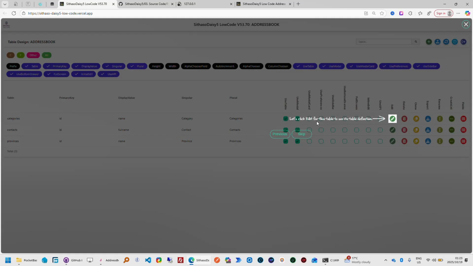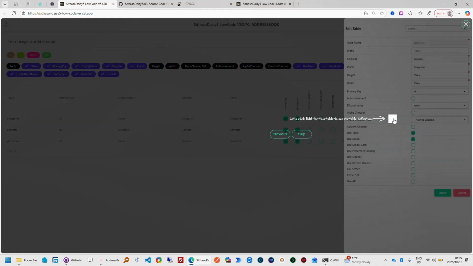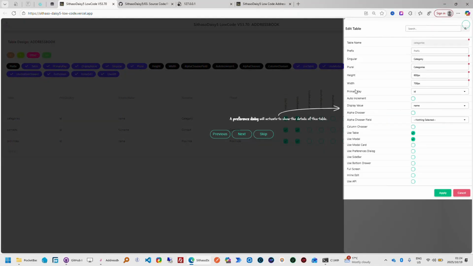let's click edit for this table to see its table definition. What we're going to do is look at how the categories table has been defined. So let's click edit. Now, as usual, the preference dialog is activated, but because we are in edit mode, it shows the definition of that particular table. So if you go to next,